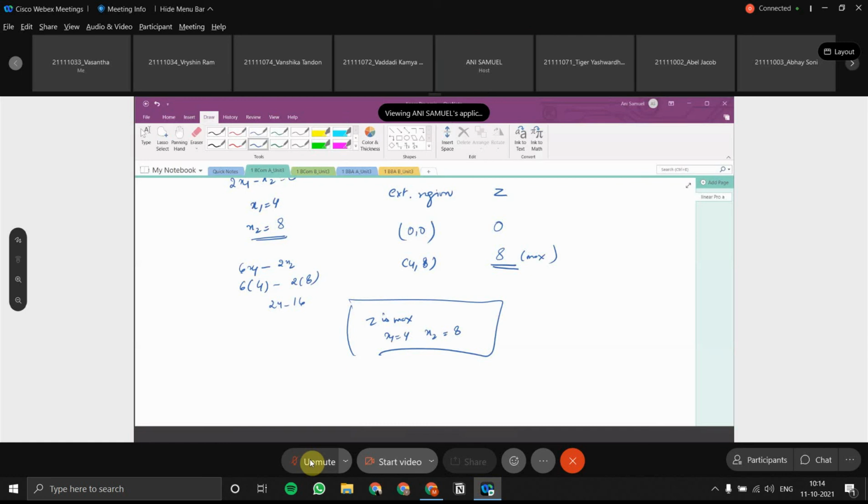So, any query regarding this? Any confusion with the method that we have done? With this, all the types of problems for the graphical method have been covered. Then the next concept is the simplex method. This unit is quite short, so I might be able to complete the whole of the third unit.